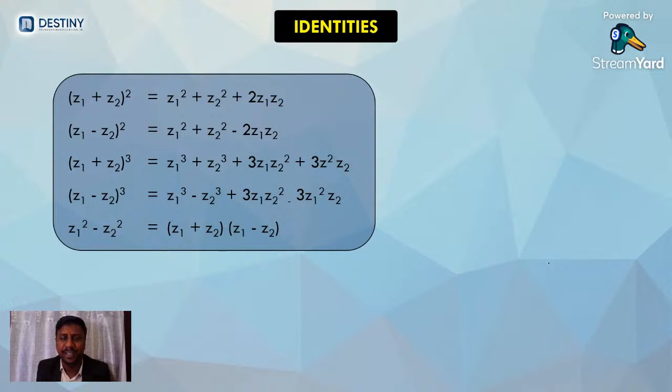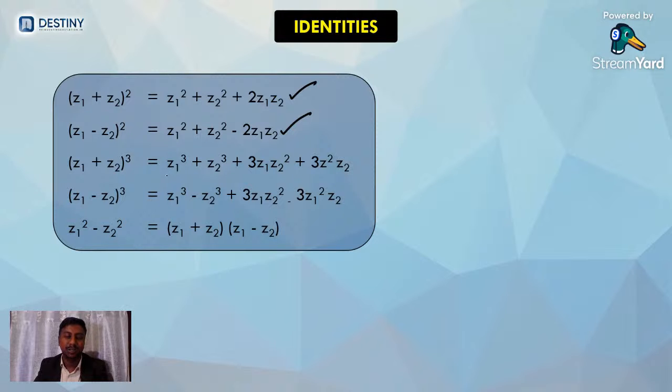Identities, as we have studied in algebra, the same thing. A plus b the whole square, what we have studied, is a square plus b square plus 2ab, right? The same thing here also. You can represent a square plus b square. The same thing, a minus b the whole square is same. A plus b the whole cube is a cube plus b cube plus 3ab square plus 3a square b. Likewise, z1 plus z2 whole cube is equal to z1 cube plus z2 cube plus 3z1 z2 square plus 3